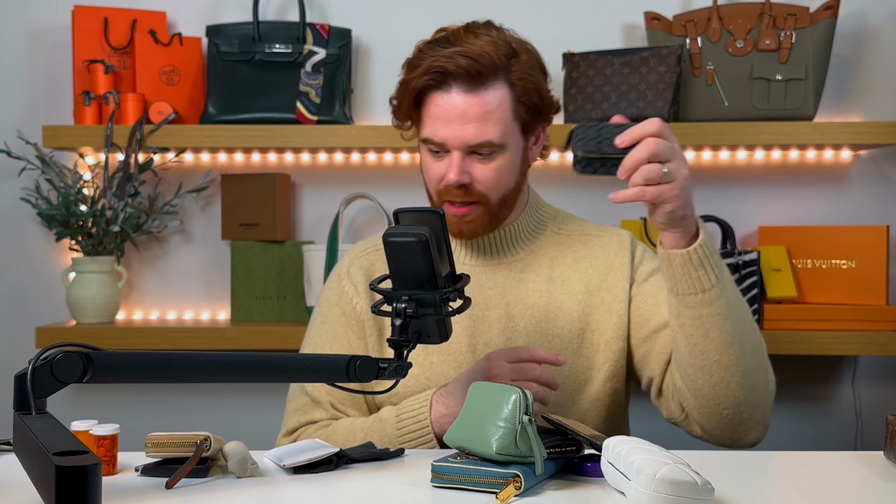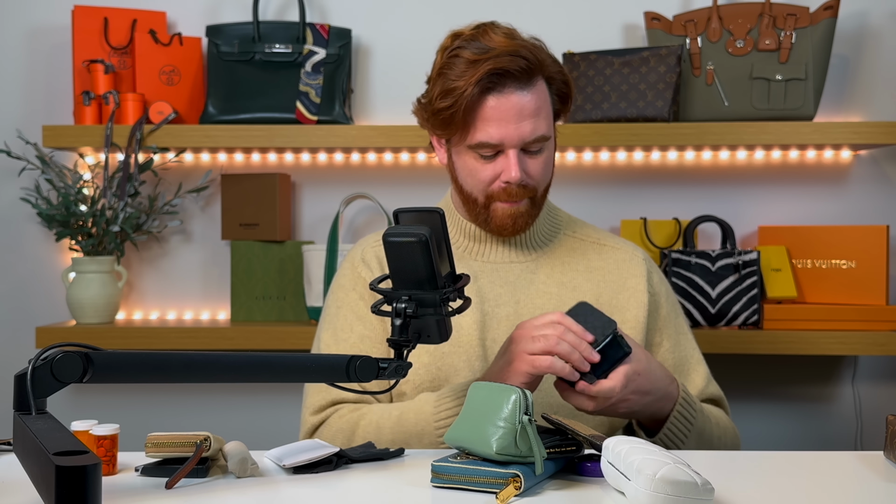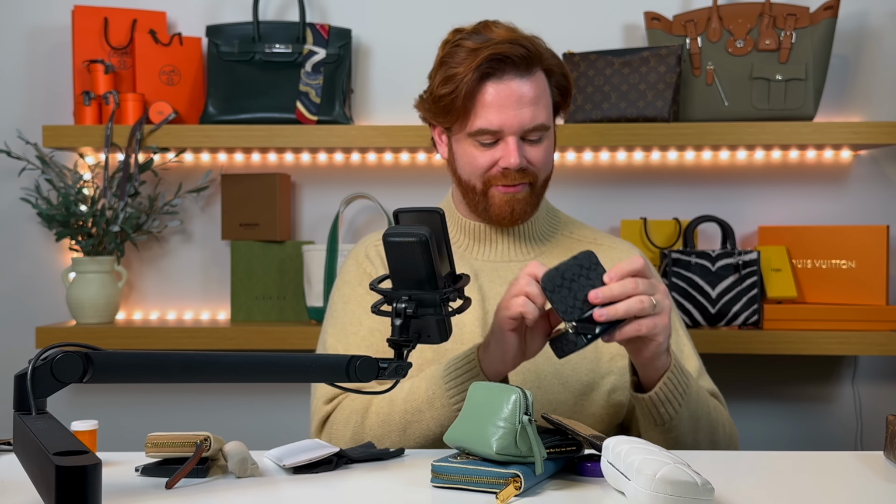I'm super excited. For my SLGs, what all do I have? I have a lot here. Within the Fendi Peekaboo, we had the Posh Toilette 15, the Coach pill case, which I need to put these bottles back in because this whole thing is not going to fit in my little crossbody from Dooney and Bourke. We have my Chanel, my sunglasses, this little mini skinny, which has a few other odds and ends,